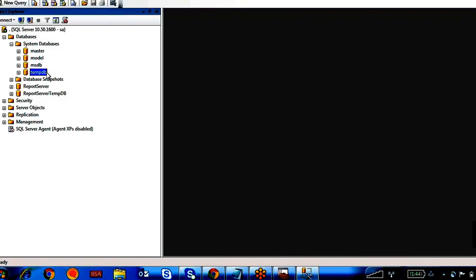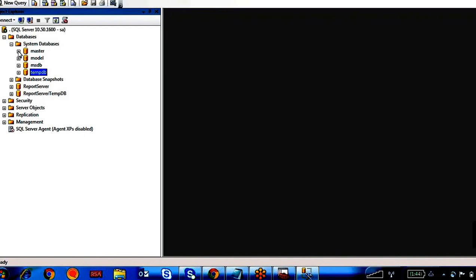These temporary processes, temporary tables and temporary objects are not permanent, and they need a database to be stored in. That is the temp database.